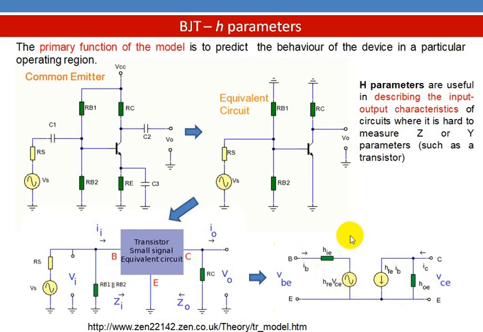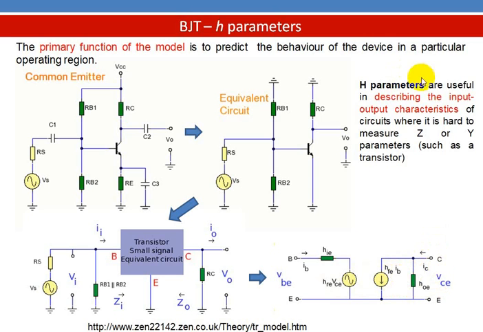So here, between base and emitter terminal, that is input side, current is base current and HIE is the H parameter, and here we have a voltage source equal to HRE into VC. At the output side, we have a resistance in parallel with the current source. That is HOE in parallel, current source is HFE into IB. And the current in this circuit is IC and voltage is VC.